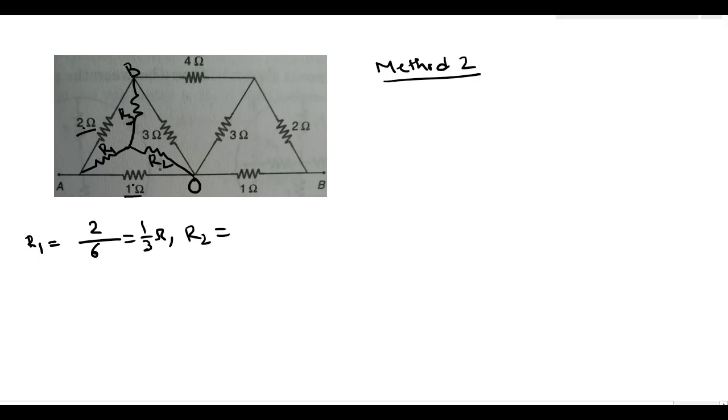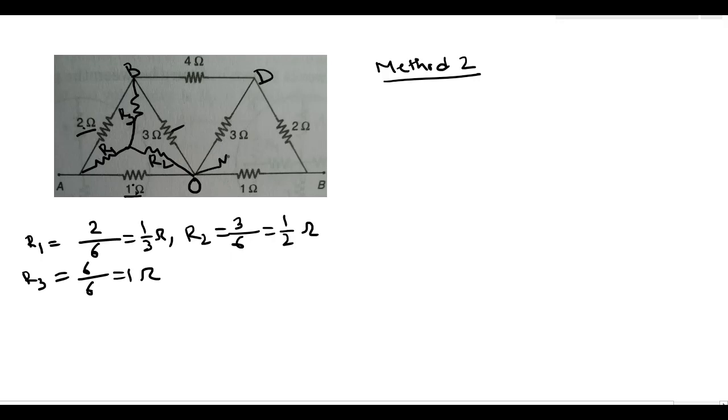Now to calculate R2, we will multiply this 3 ohm and 1 ohm. So 3 into 1 is 3, divided by 3 plus 1 plus 2, that is 6. This is equal to half. And R3 will be equal to 2 into 3, that is 6, divided by 2 plus 1 plus 3, that is 6, equal to 1 ohm. So R1 is 1/3 ohm, R2 is 1 by 2 ohm, and R3 is 1 ohm, and we will replace this O, B, D,